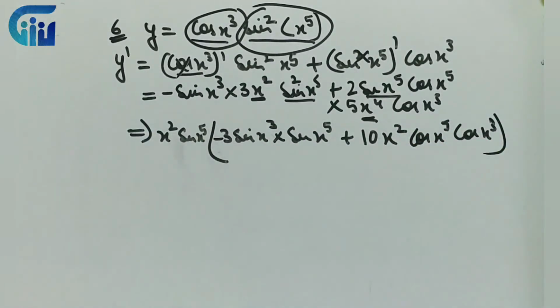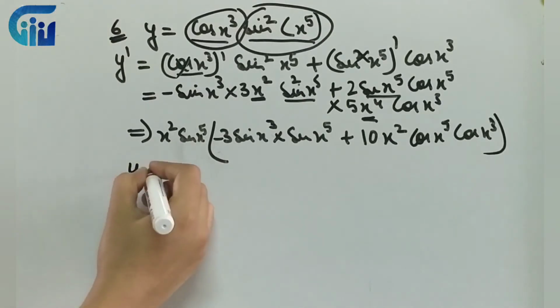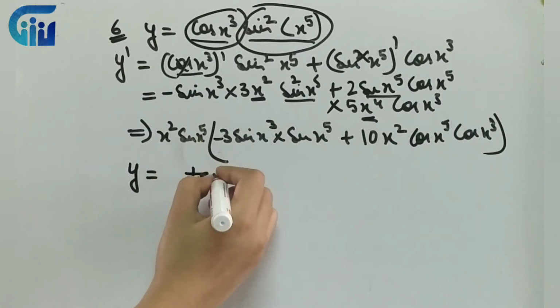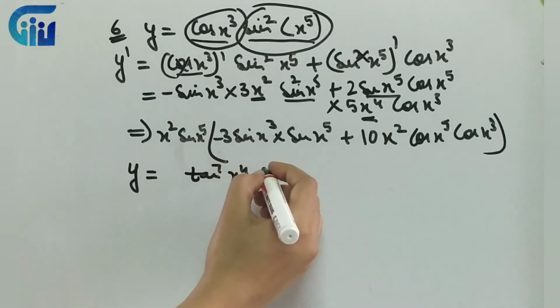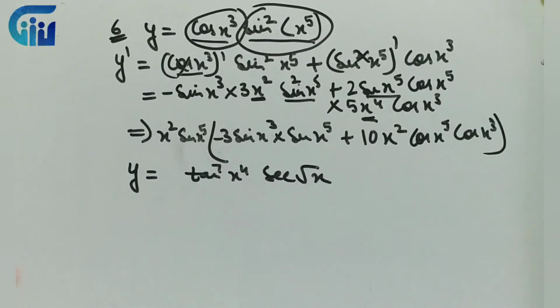So this is how we can solve a particular question. We can use product rule, we can use chain rule together, right? I'll just do one more question of product rule and chain rule together. Suppose we have a question like this. So we have tan 7x4 and this is sec root x. So these two things are there.